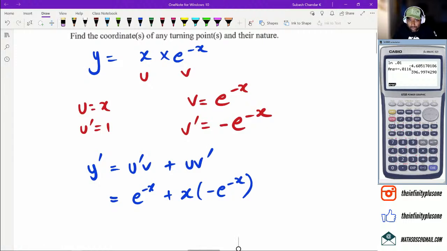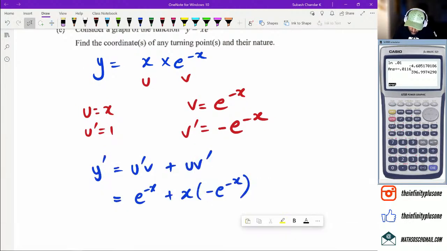So we're trying to figure out the coordinates of the turning points. The important thing is we also have to find out the nature, which is a little bit annoying considering it's an exponential question, but